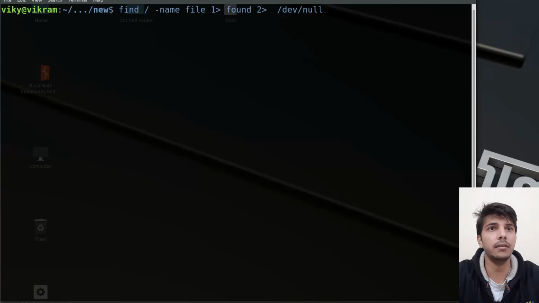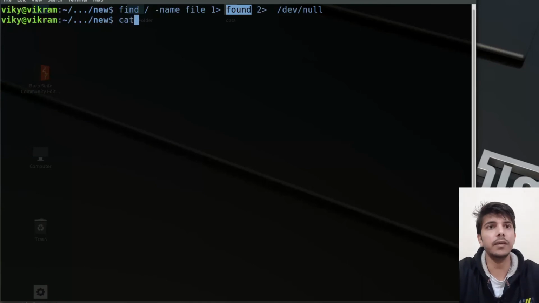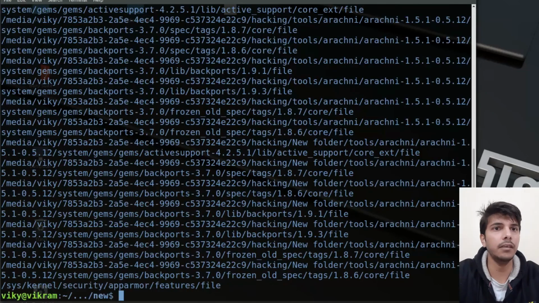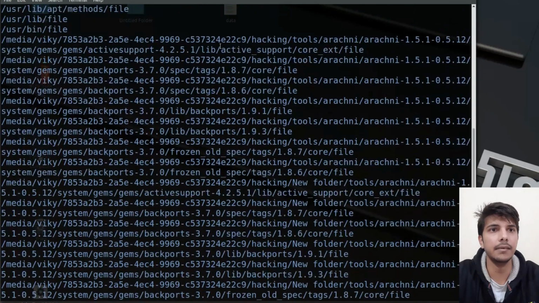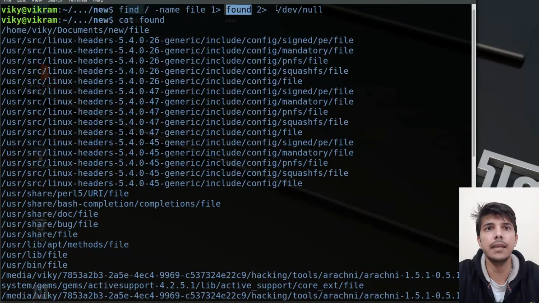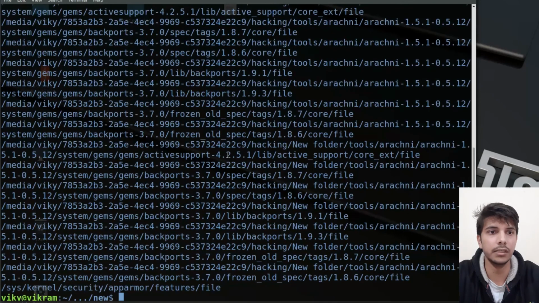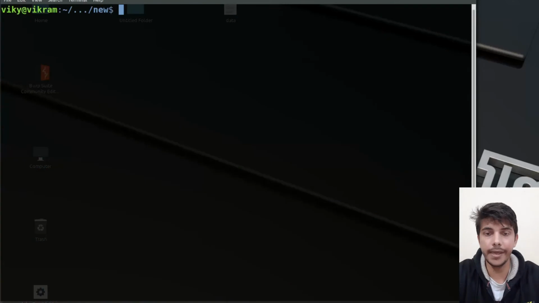Now if I press enter, our file found will only have the standard output contents. If I write cat found, you will see it does not contain any errors, because the errors have been sent to /dev/null. This is used for discarding something. So we can not only redirect the output to files, we can also redirect it to any other location. This is about redirecting the standard output and standard error streams.